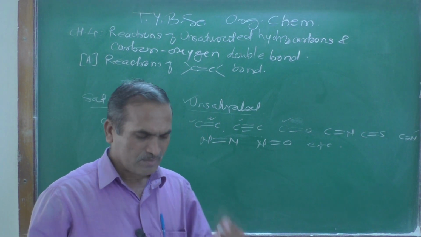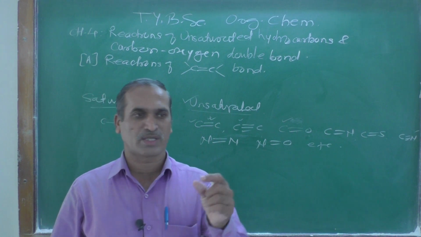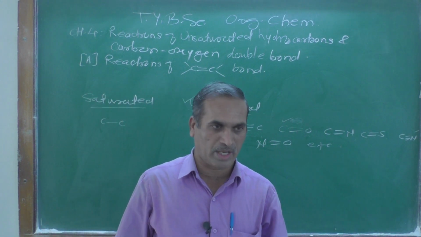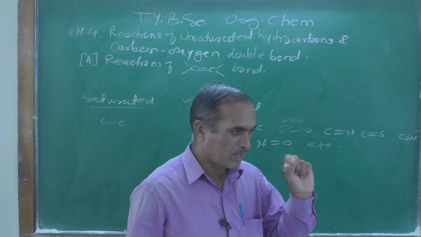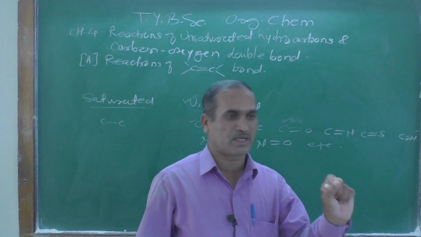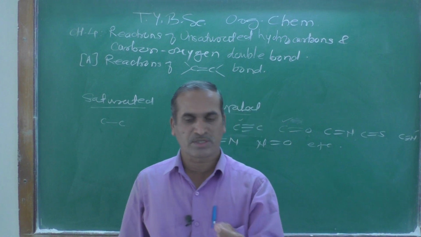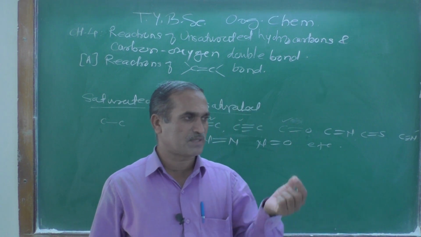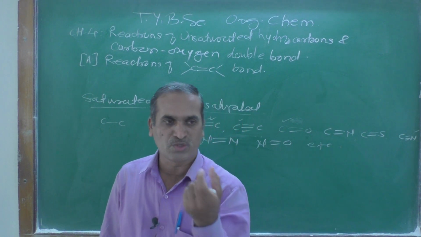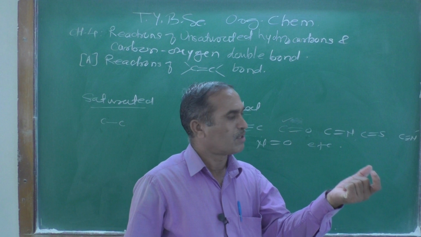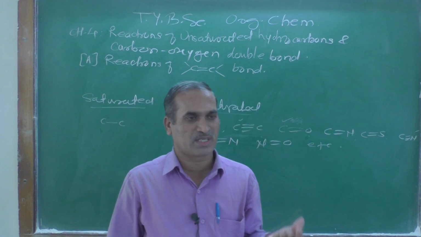And now one chemical test. While performing a qualitative analysis in the laboratory, detecting whether the given compound is saturated or unsaturated is a very simple chemical test. Just take a small amount of the substance in a test tube. Test tube means what? A test tube is used to perform a chemical test. So that's why we are using that test tube.